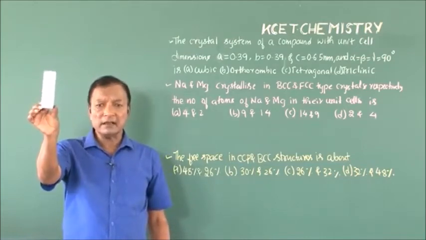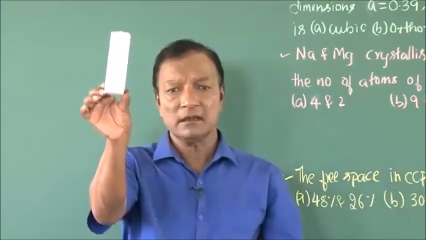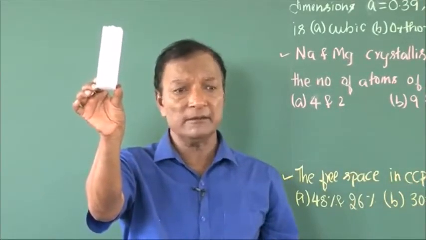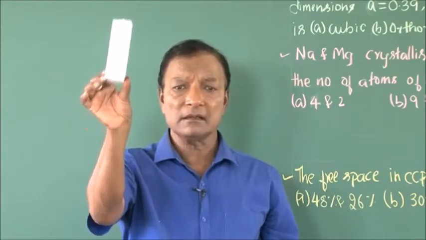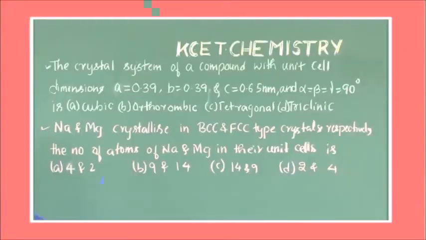It carries the length and breadth in equal dimensions, but the height is unequal, that is the value of C. Angles are equal and equal to 90 degree, and therefore our option goes with